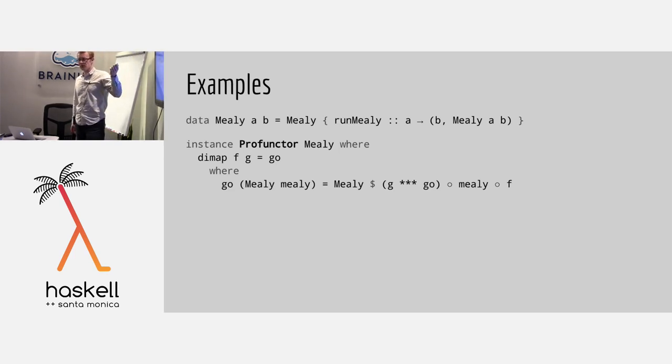you think of it as if you give me an A, I need to return a B, but the next time you apply an A, I might give you a different B because I have some state inside my Mealy machine. So I return, in addition to the B that I'm going to return, I also return you a fresh Mealy machine that you can run on the next input. Okay,